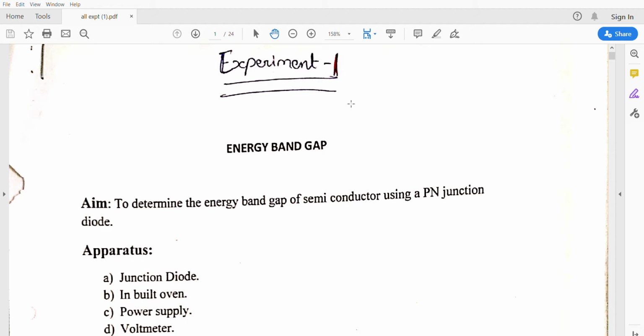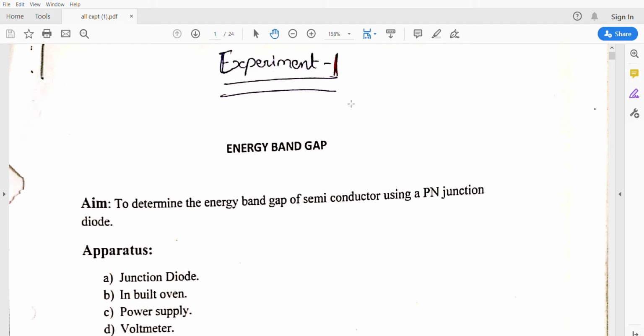At low temperatures, semiconductors have a high forbidden band gap, so the electrons cannot move from the valency band to the conduction band. In this situation, materials like silicon and germanium are classified as insulators. As the temperature increases, slowly the electrons gain energy. The forbidden band gap is reduced by moving electrons from the valency band to the conduction band. So from this discussion, we can understand that the forbidden band gap or energy band gap of a semiconductor depends on temperature, and it also depends on the conductivity and the resistivity factors.